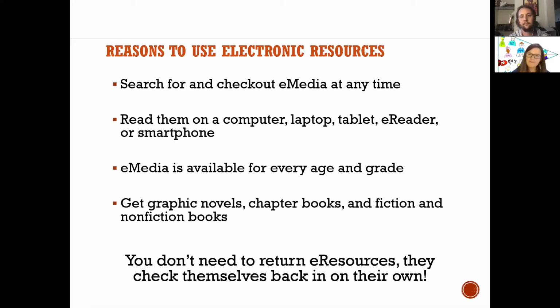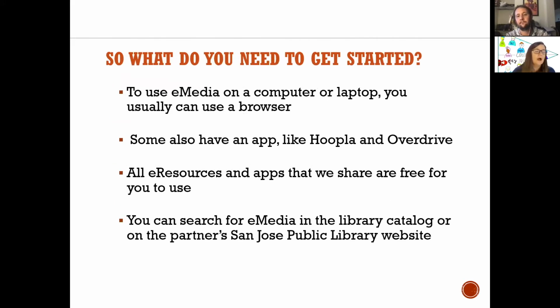You already have an internet connection and a device to view it on. If you have a phone or a tablet or a computer, usually all you need is that internet connection and an internet browser. But some of them also have apps available. Some of these electronic resources will have an app where you can download and read offline.